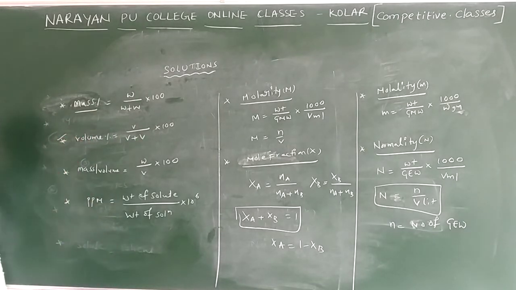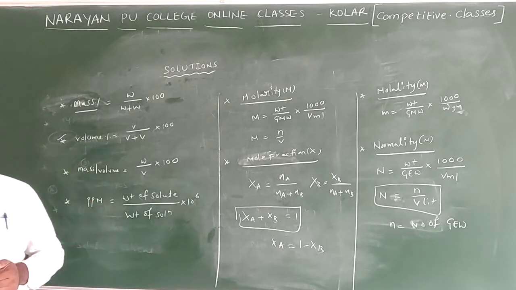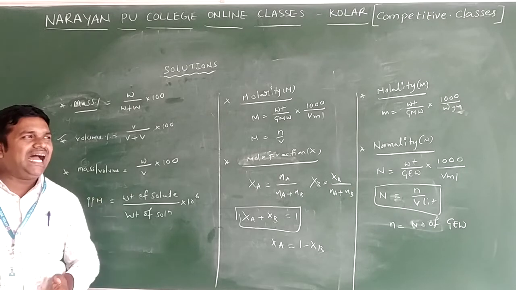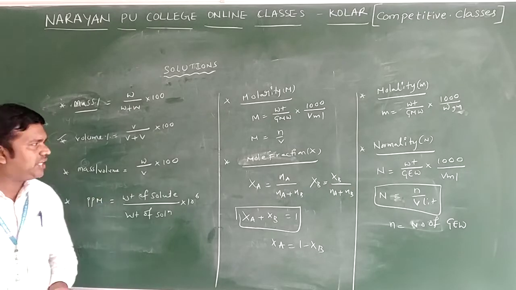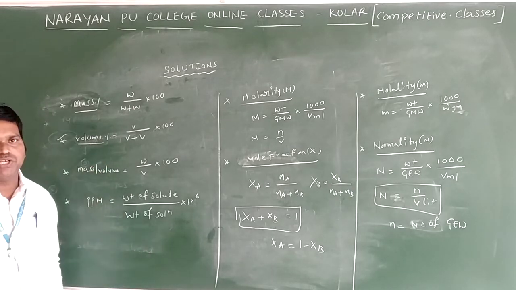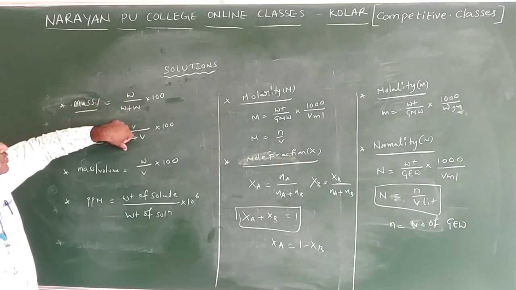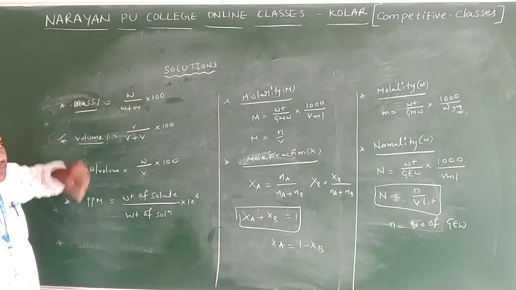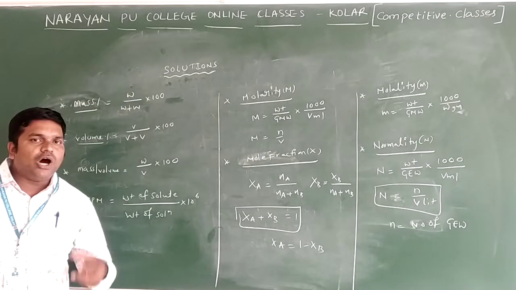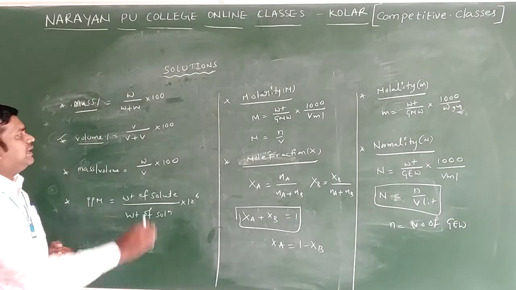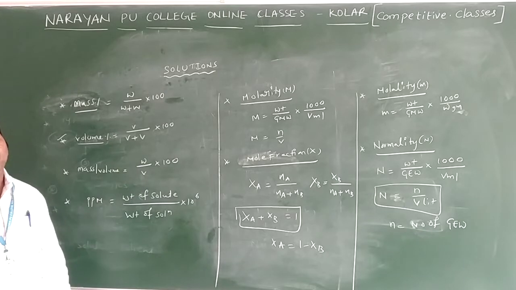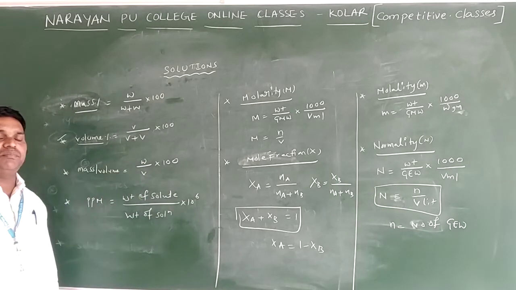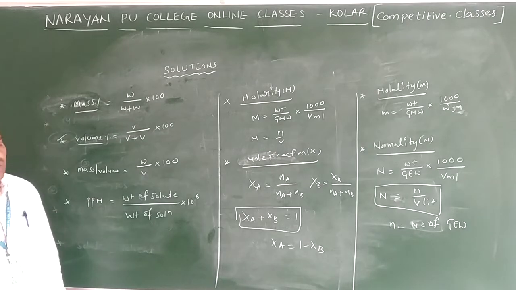Let us see the second formula. We have volume percent over. Volume of the solute present in 100 ml of the solution, that we are calling as volume percent only. Small v by small v plus capital V into 100. In the same manner, here small v represents volume of the solute, capital V represents volume of the solvent, and small v plus capital V represents volume of the solution.